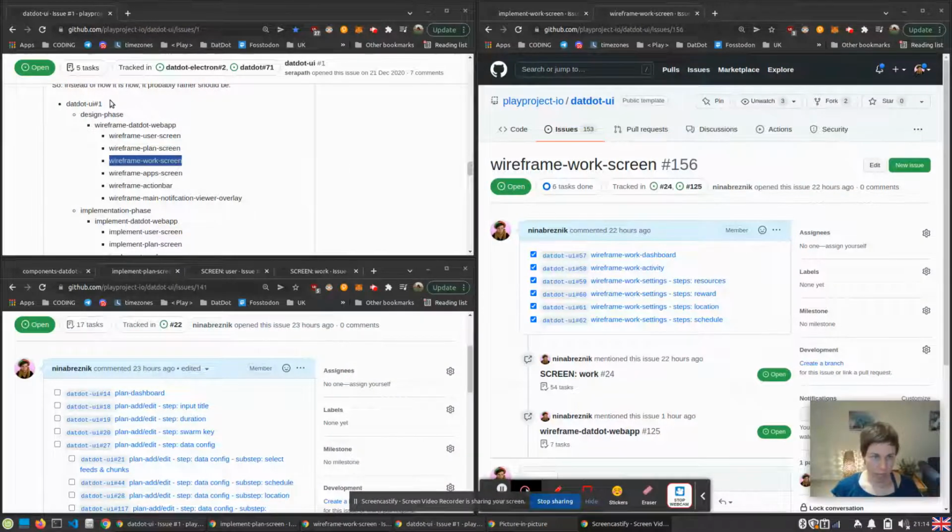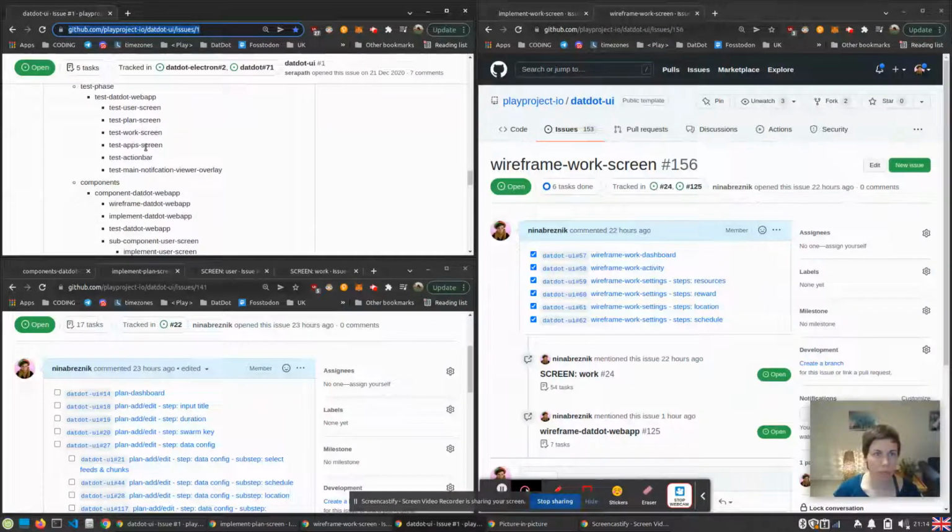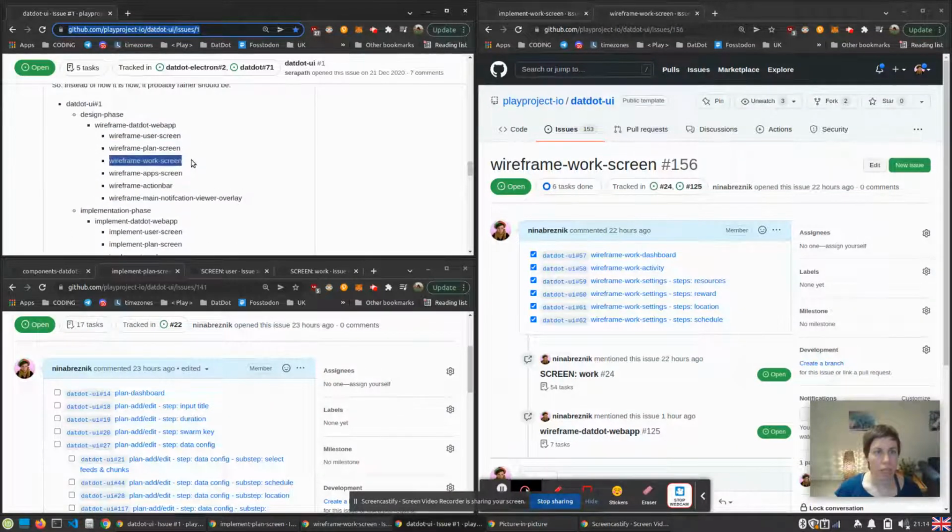So, as we said, we will create issues structured like this. I made a structure, or decided on a structure, that's going to look like that. Every issue will have a design phase, an implementation phase, and a test phase. And the main issue will list all of the design phases basically, so